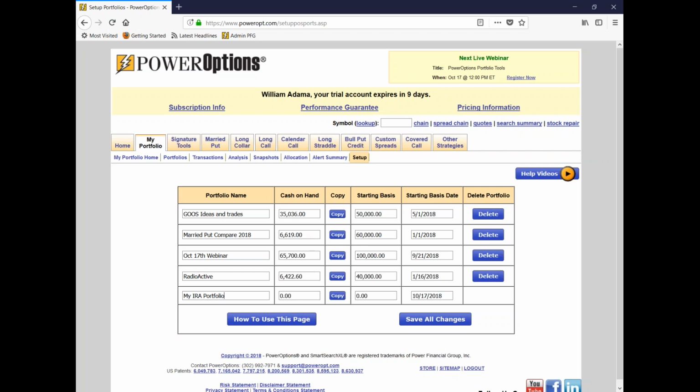Now, if I just funded an account with $50,000, I'd start off with a cash on hand of $50,000 and copy that over into the starting basis. As I enter trades, the cash on hand naturally is going to lower, and we'll see the return based on our initial starting basis. If you already have a portfolio, you already have 10 or 15 positions in your portfolio,